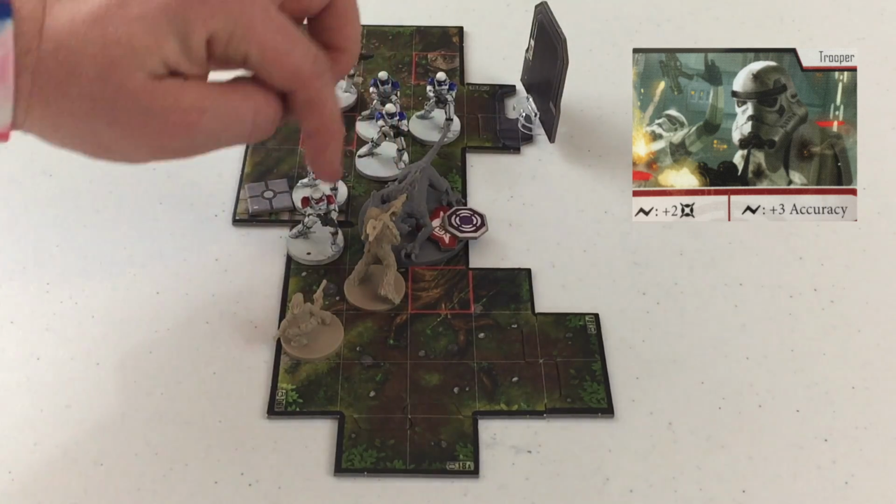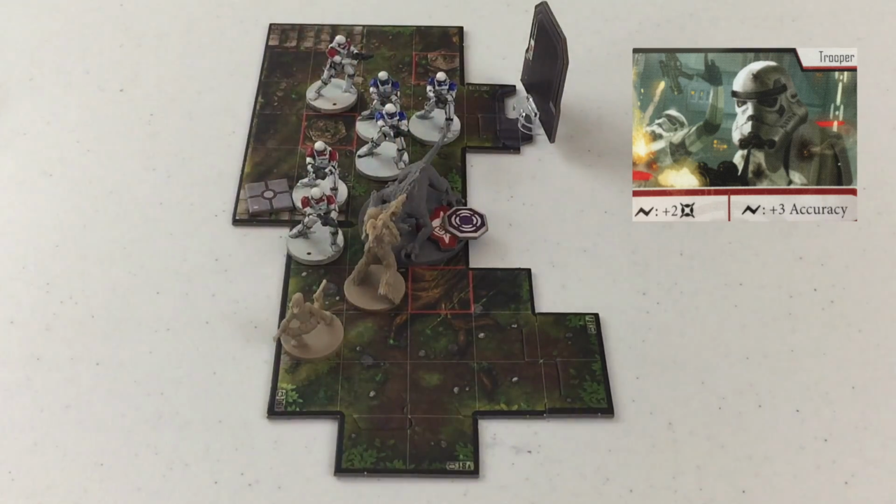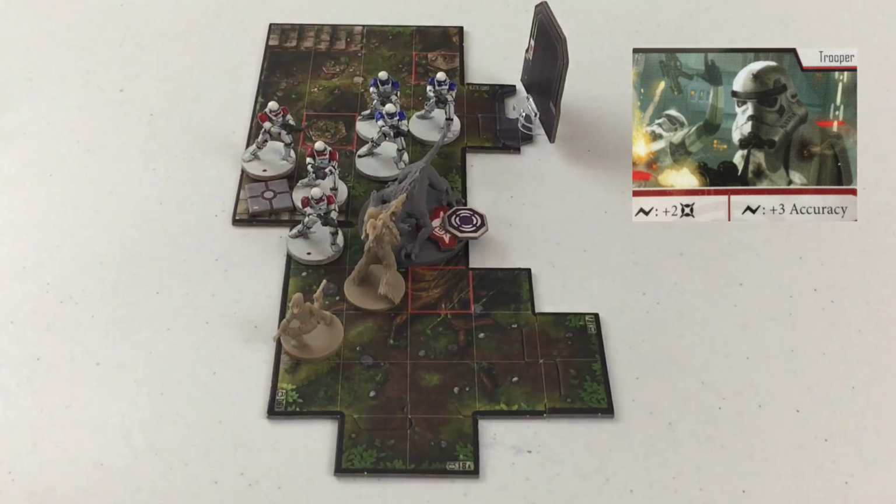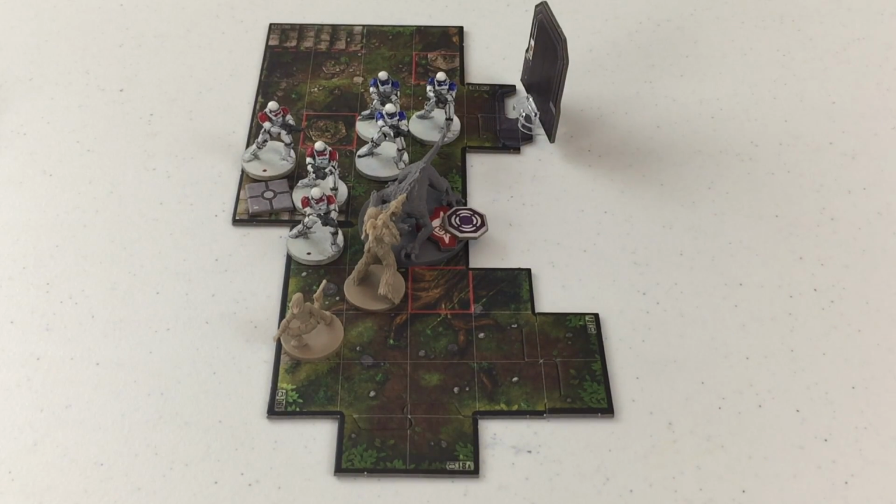1, 2, 3, 4. He can't go anywhere, so instead move 2 to reposition 4. He'll move here. And then move 6 to reposition. He's already at reposition 4, though, so he's going to stay right where he's at. And that finishes the Elite Stormtroopers. All right, so now the question is, do I go Garkin or...